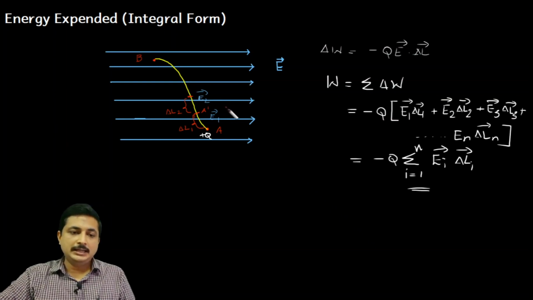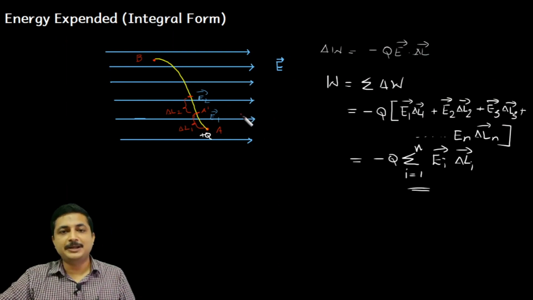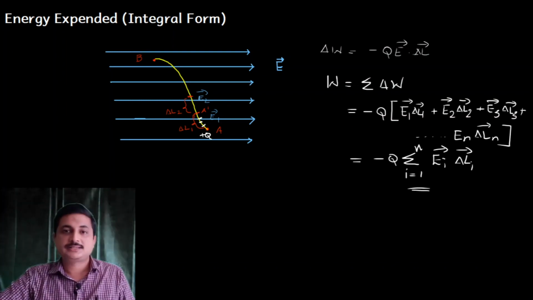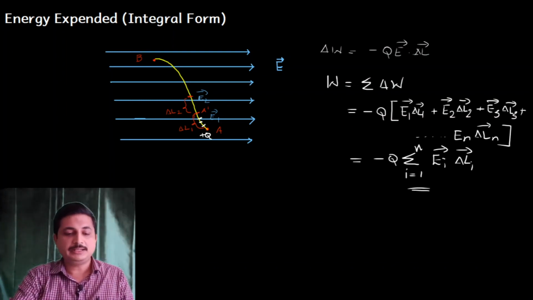So now my idea is that I will use a better mathematical computation process. I will make this path further small. You may think that if I make the path further small, I am complicating it. No, but I am mathematically making it easier. Let us see how. I am going to further divide this delta L1 into still smaller paths, something like this. Still smaller paths, in the sense, infinitely small paths.